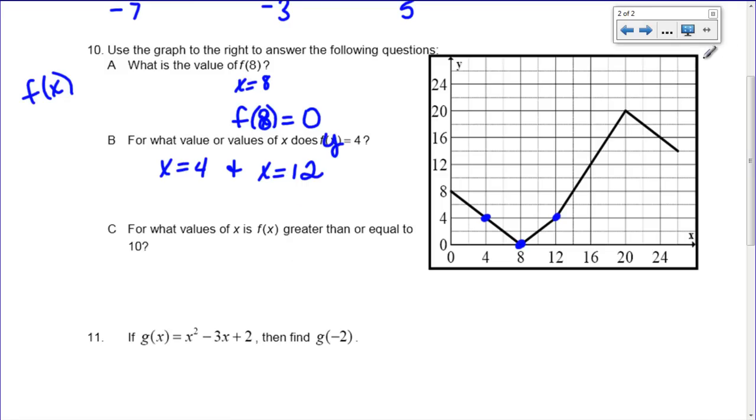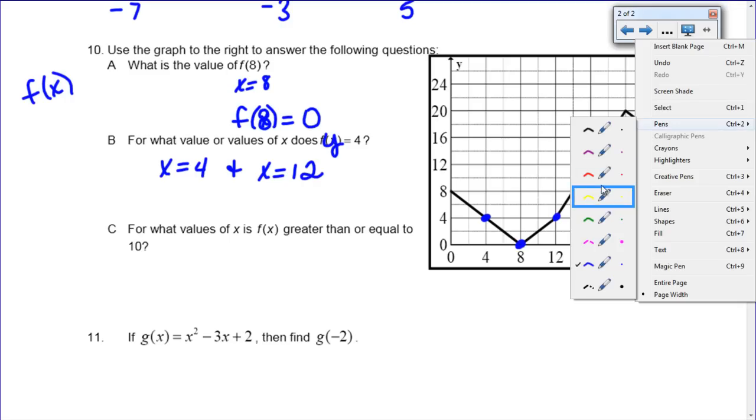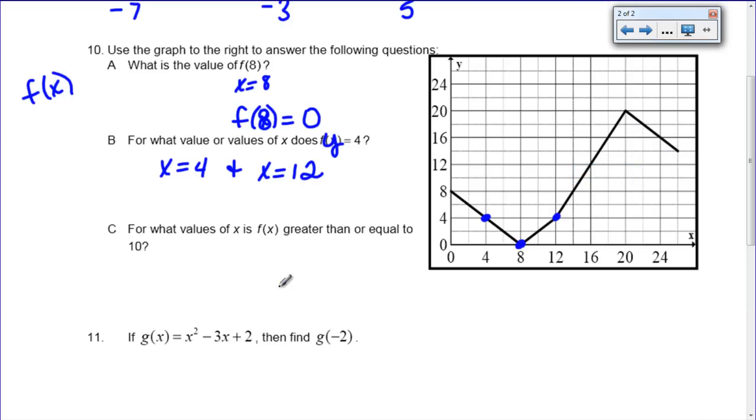Now, question C says, for what values of x is f of x greater than or equal to 10? Well, so I'm going to change colors here so we can look at it. They want to know when y is greater than or equal to 10. Well, y equals 10 right here. This is 10. So I'm going to draw a line across here. And I'm looking for every place that it is greater than or equal to that at that line. Well, greater than that line will be everything up here. Equal to that line is this point right here, and it ends at this point, and every point in between